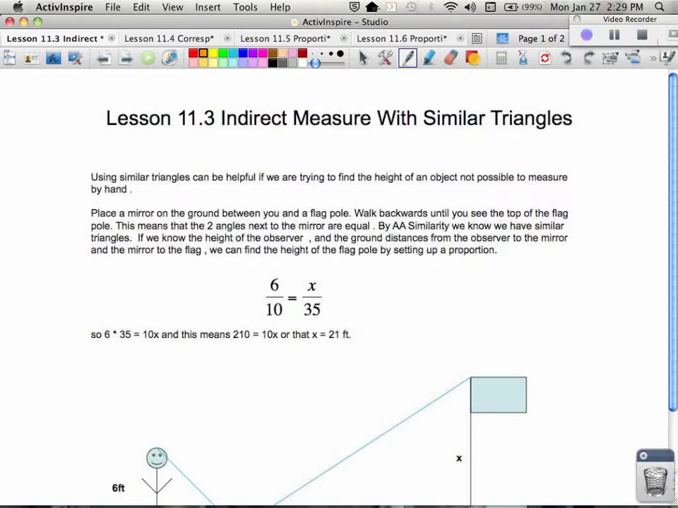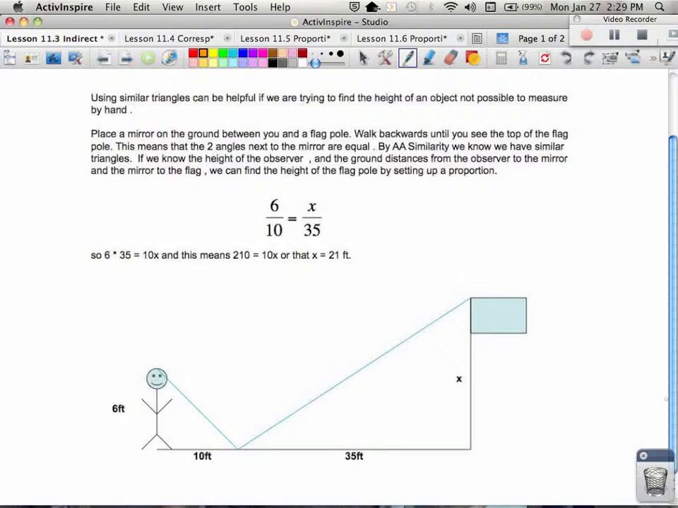In lesson 11.3, we're going to do some indirect measuring with similar triangles. Using similar triangles can be really helpful if we're trying to find the height of an object that might not be possible to measure by hand. So what we could do, just for example, as you look at the diagram down below, is we could measure